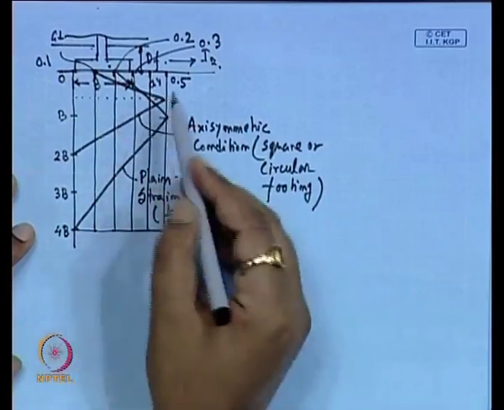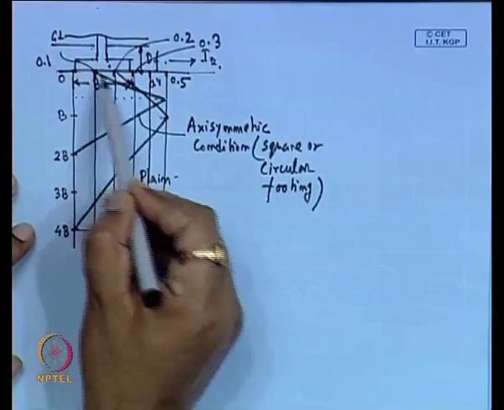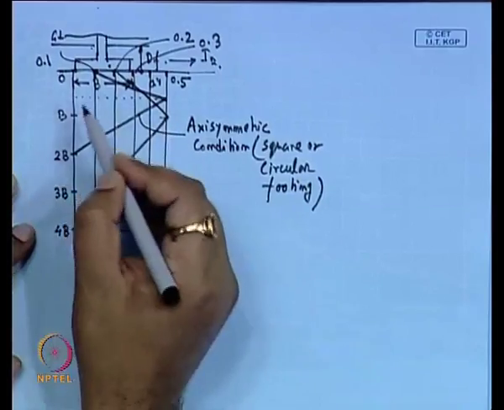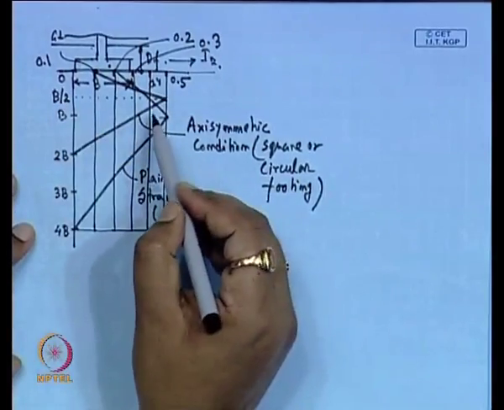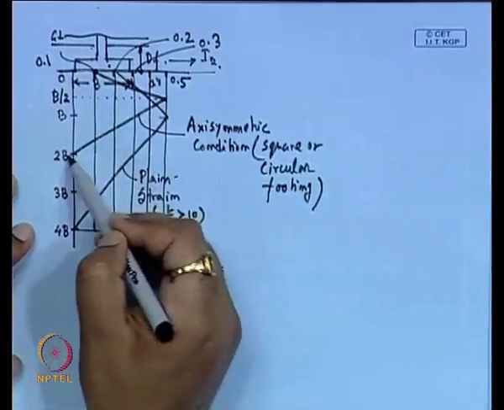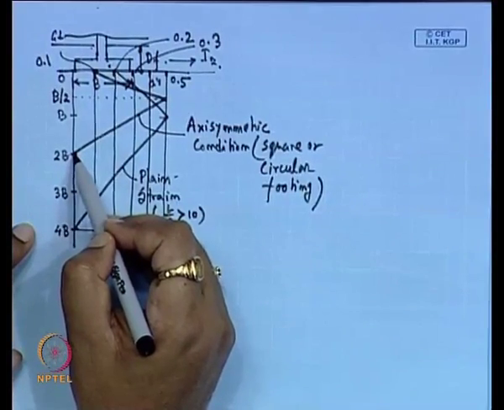So, we will get the two graphs, one that is starting from point 1 I z, and this is the maximum at B by 2 distance, that is for the axisymmetric graph. This is corresponding to B by 2 distance, then up to 2B, this is minimum.